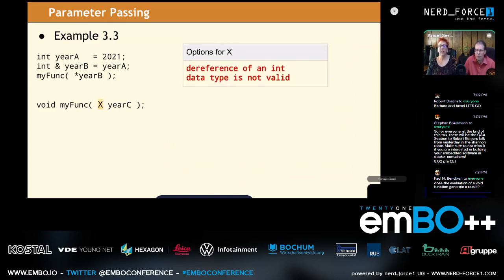And once again, we run into the problem that if we're trying to dereference year B, which is a reference to an int, this is something that doesn't compile and you can't do it. Because the operations that are supported on a reference are always the operations that are supported on the underlying type, or possibly a subset. There's no dereference operation on an int.